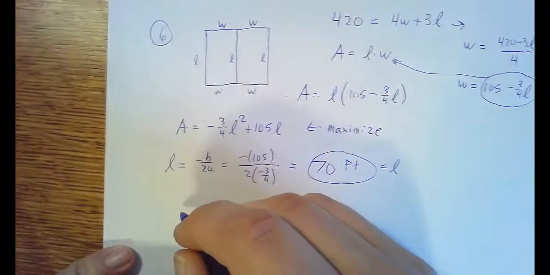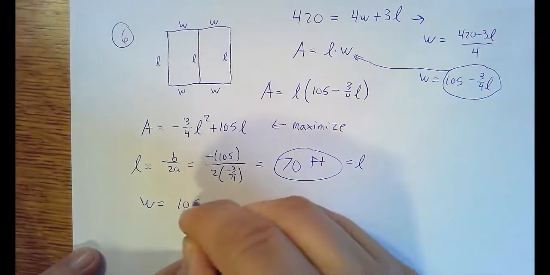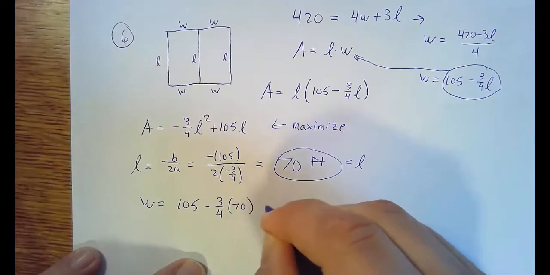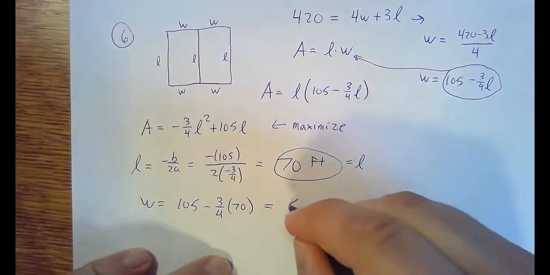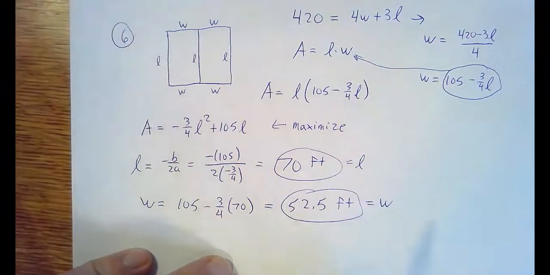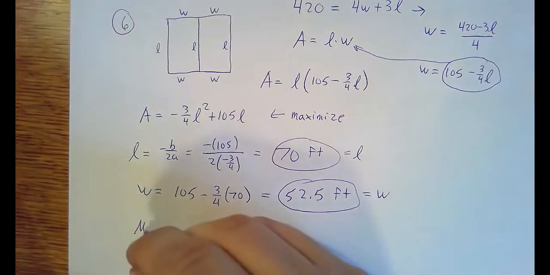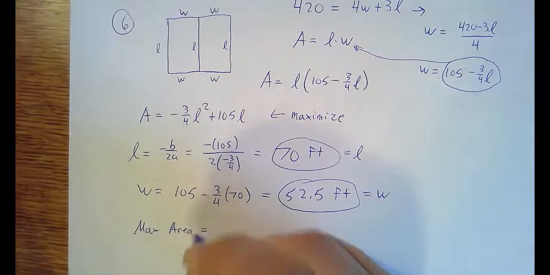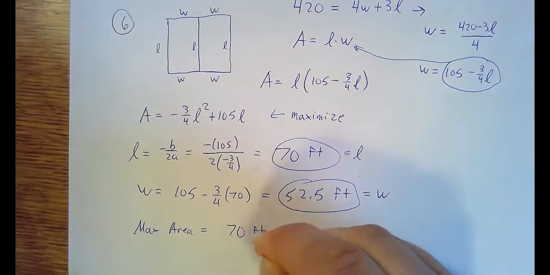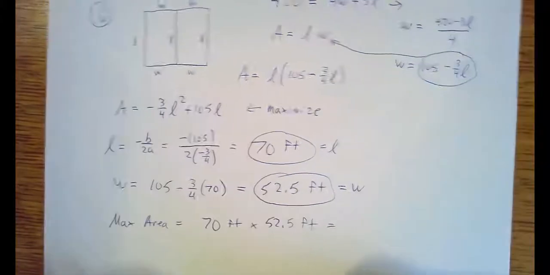And to find the width that maximizes the area, we can use this expression, 105 minus 3/4 times the length, which is 70. And this simplifies to 52.5 feet. So that is the width that maximizes the area. Now, we also are asked to find the maximum area. Well, the maximum area will occur when you use these dimensions. So it's 70 feet times 52.5 feet, and that will give us